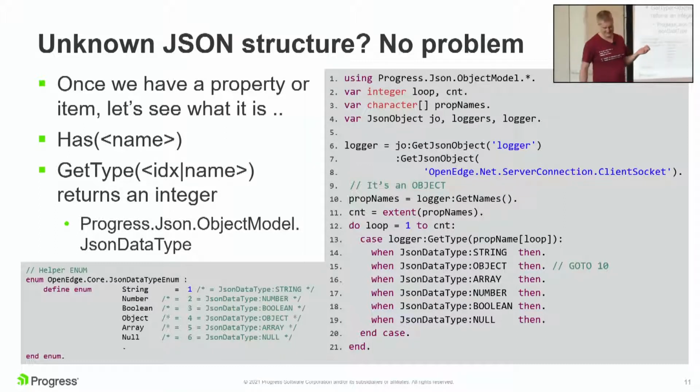Then 10. Go to 10. That doesn't actually work. And again, you can stack. You can do get JSON object. This is slide code. Typically, they'll be at a has: if JO has logger, and JO get type logger equals object, then get JSON object. Just to be really defensive with this stuff, because as I say, there's no requirement that the JSON is in any structure at all. You have no guarantees, so you have to do a lot of belts and braces coding. You don't have to, but it's probably a good idea.